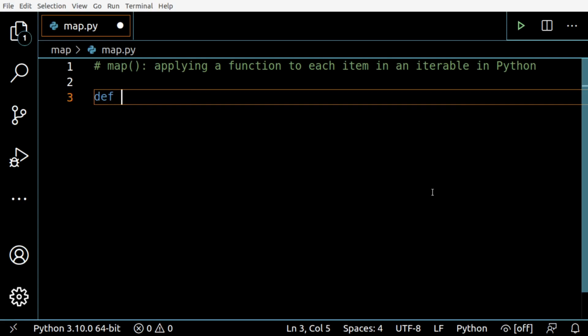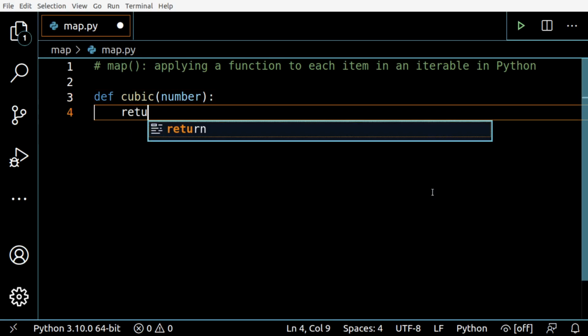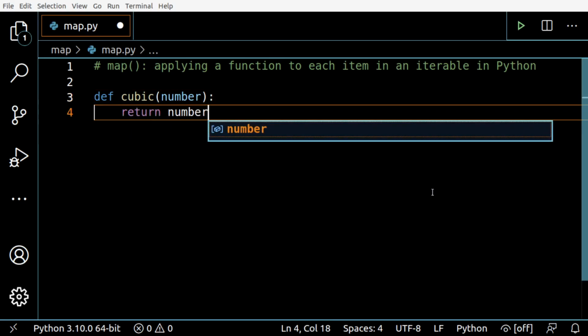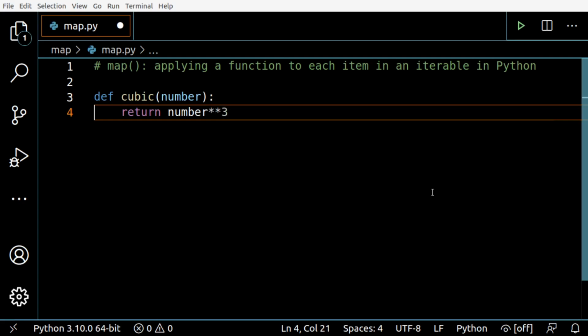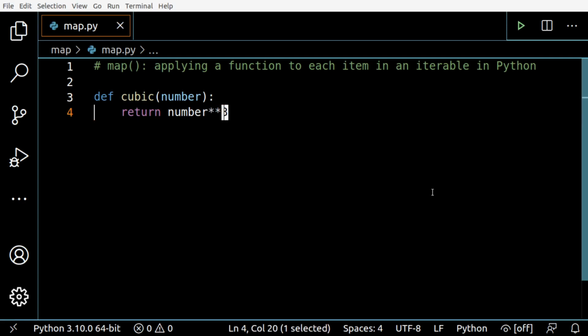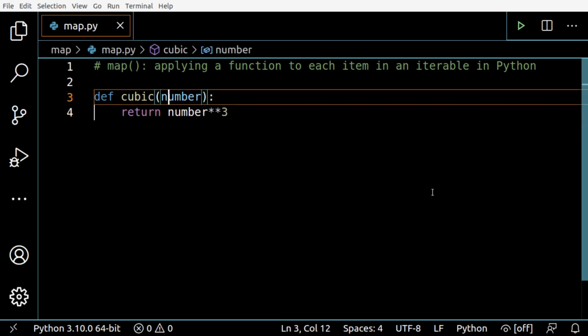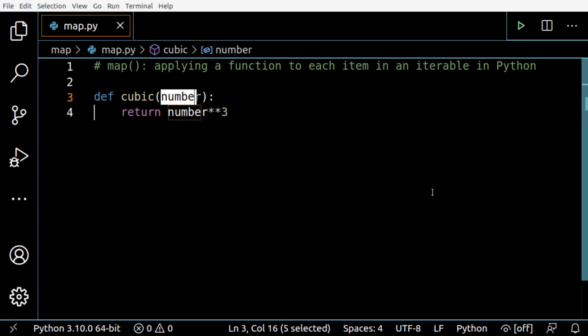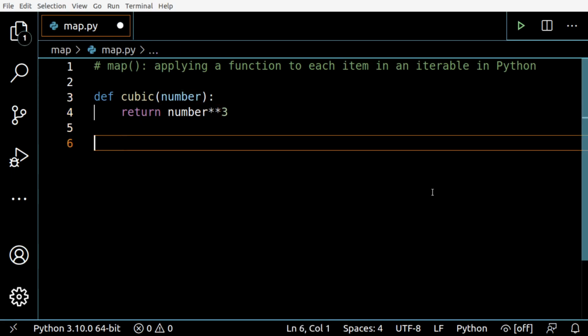So first, let's create the function cubic that will take a number argument and return number here. Okay, so we are calculating the cubic of the argument here in the function. All right, now we are going to create this list with 2,